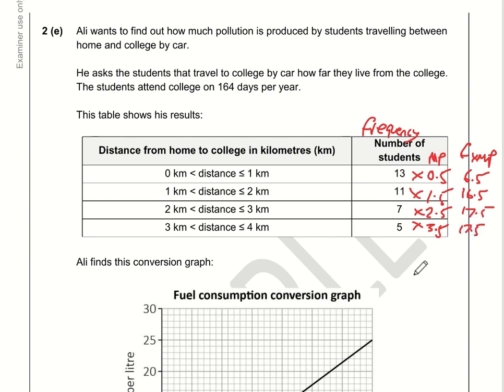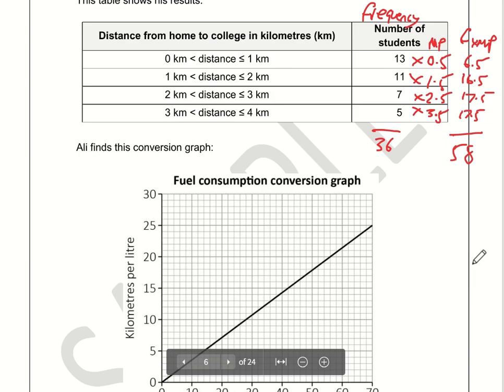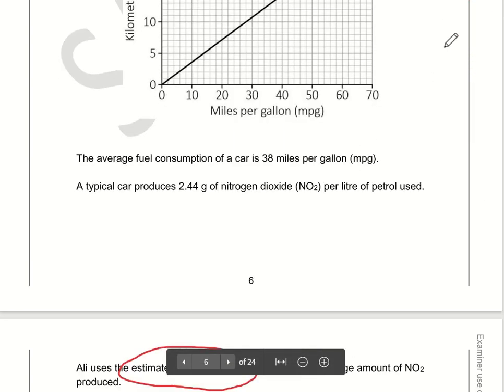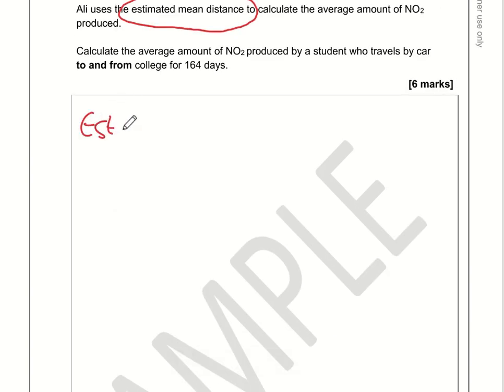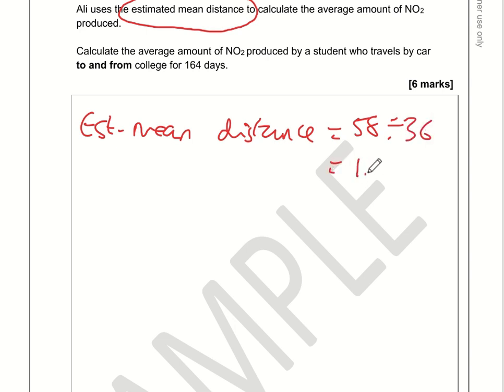Now the estimated mean distance is going to be the total distance, so it's going to be the sum of these four figures divided by the number of students. The total number of students adds up to 36, and the estimated total distance comes to 58. So the estimated mean distance is the estimated total, which is 58, divided by the number of students, which is 36, and that comes to